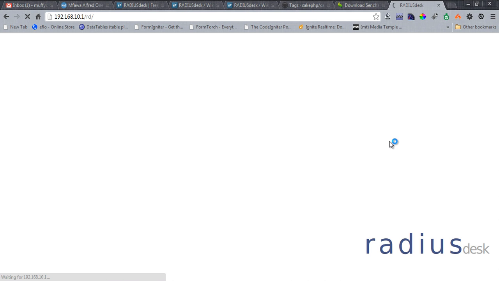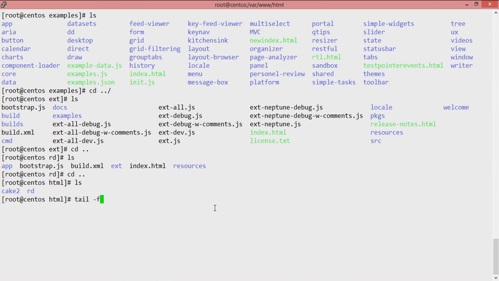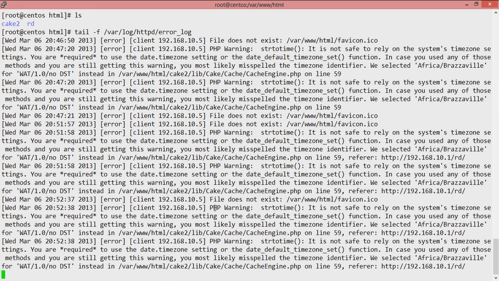Right, so let me just try this one more time. Alright, so let's see what the Apache log file is telling us. So we can see here the most likely misspelled time zone qualifier. So we selected Africa Brazzaville for this instead. Basically this is not related to